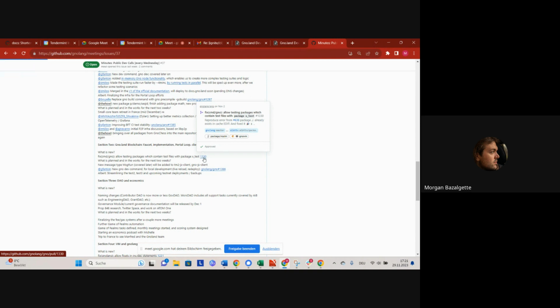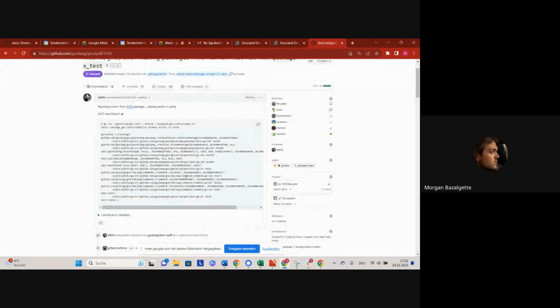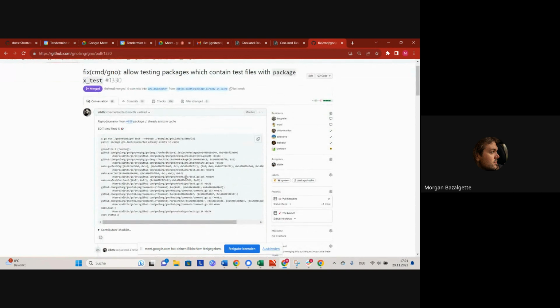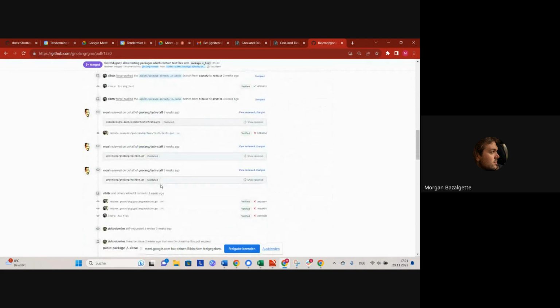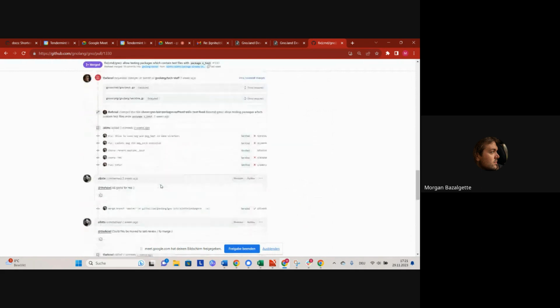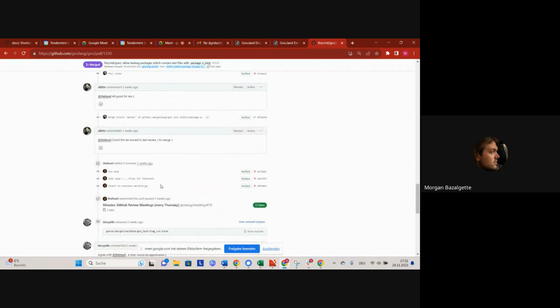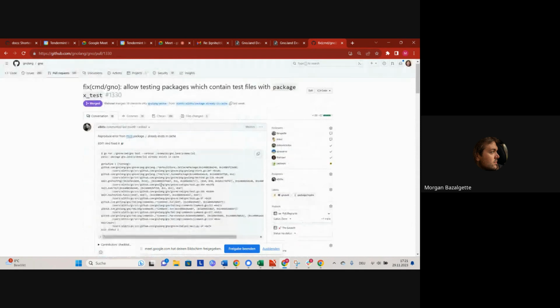So allowing test packages. So this one is actually done by Albert, but I'll quickly run through it. Not much to say about this one. It's just a short and sweet update, whereby it used to be the case that if you had a package with like package x_test, it wouldn't work. Now it does. You often want to do this when you want to test the package by only testing its exported functions.